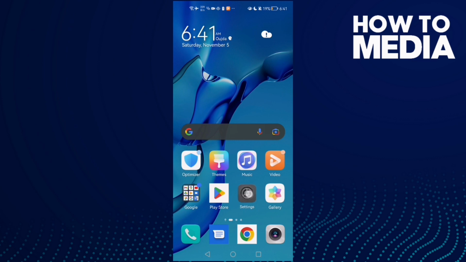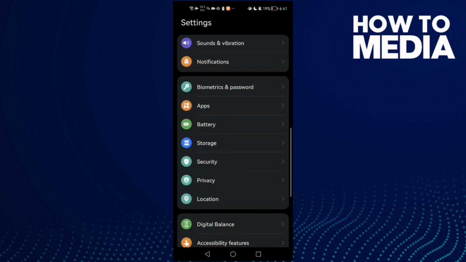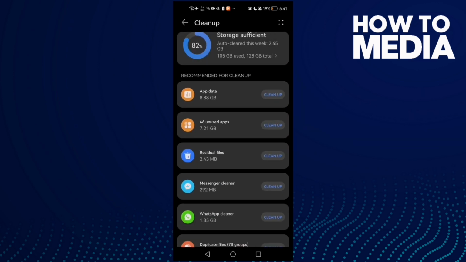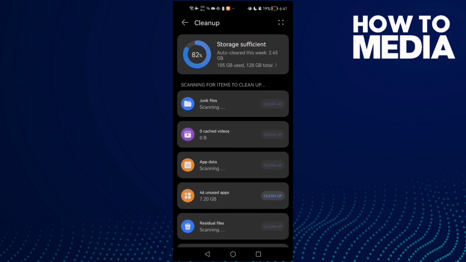First, open the settings and then go to this one, storage, and then click clean up. Now just wait for this one here, junk files. You need to clean it. Just wait for it and then click clean up. And after that, go to